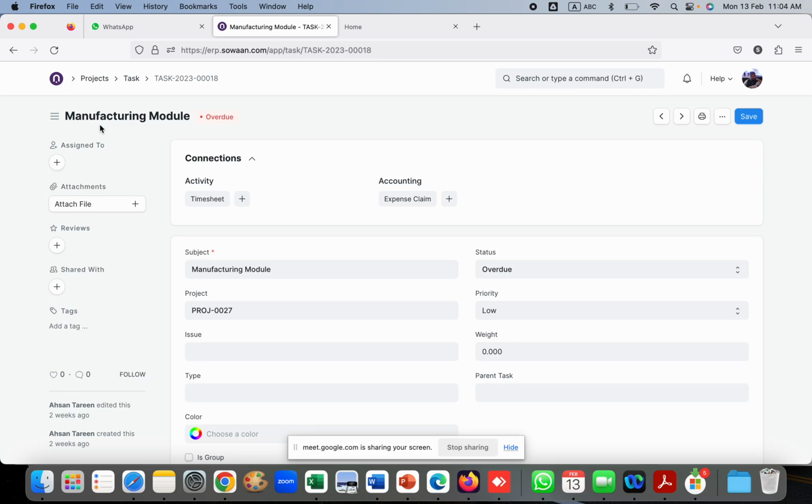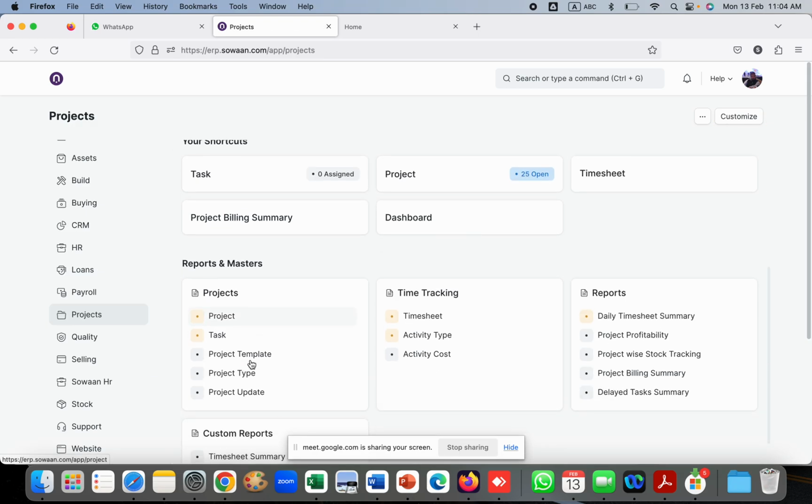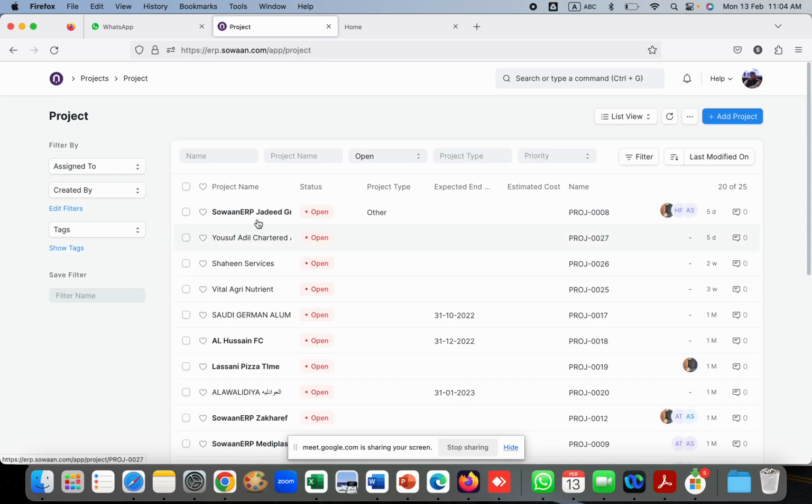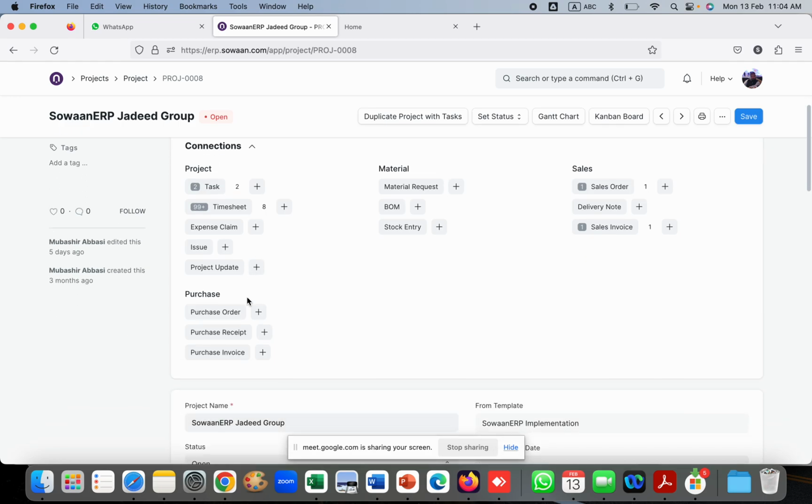Okay, sir. So in project, once you go inside the project, you will mainly have two things: the task and the timesheets. So task you can define, and you can make the timesheet against the tasks. Okay, I don't know about your projects, whether you are managing the timesheet or not, but again you have,